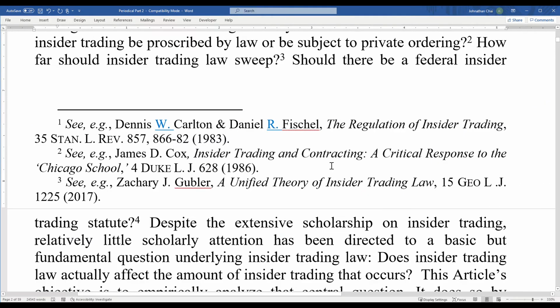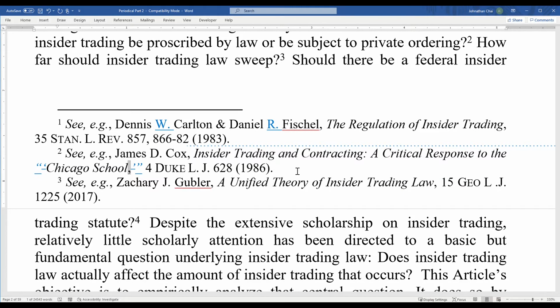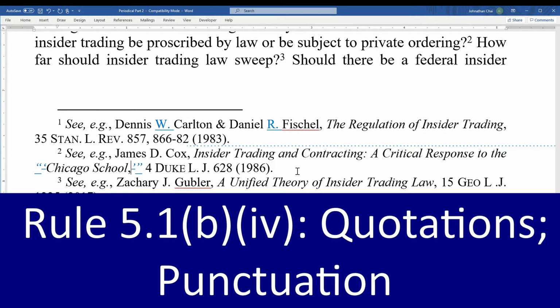The second citation has a few errors. First, the comma after the author name should not be italicized. Second, the title in the original publication uses double quotation marks instead of single quotation marks, so these should be replaced with double marks. The comma placement at the end of the title is correct because Bluebook Rule